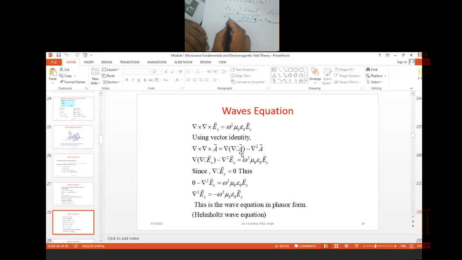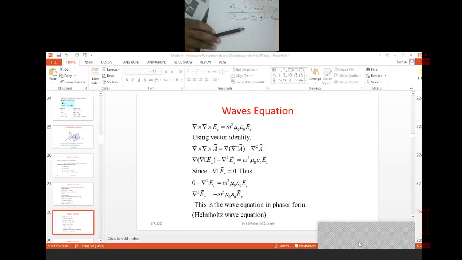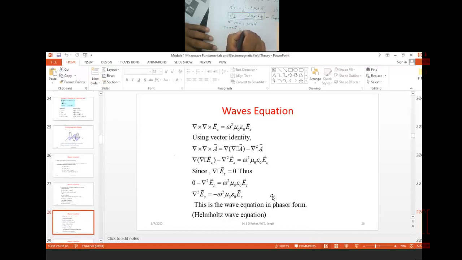but only for free space is this equation satisfied. Now if you want to solve the wave equation further, in terms of what? If you want to solve that equation in terms of the magnetic field, in that case you consider del square H, okay, is equal to what? j omega epsilon 0 E, that you consider. Again you take the curl of this one, del cross of H is equal to what? j omega epsilon 0 del cross of E.